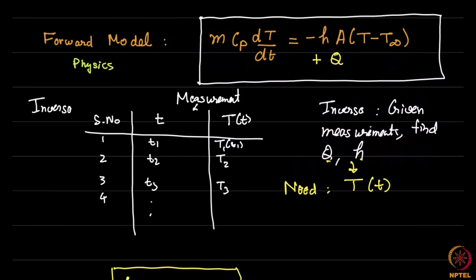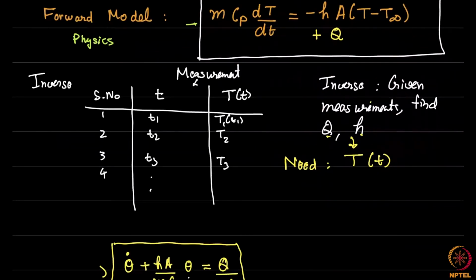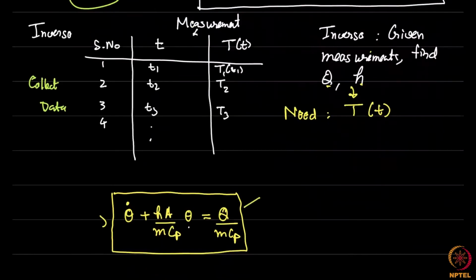And we have the differential equation here. And now, once this differential equation is available, we have several options. One option is, of course, after you collect the data, this, of course, is data collection. So once this forward model is obtained, you have two options. You come to the forward model and either solve it analytically,